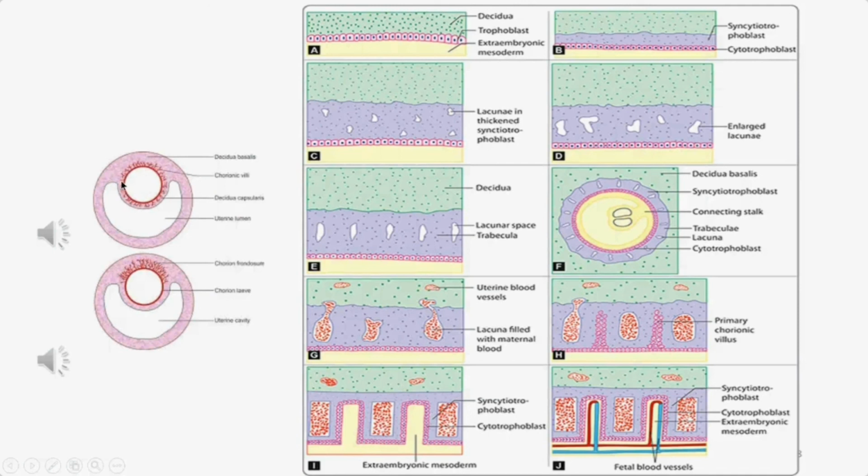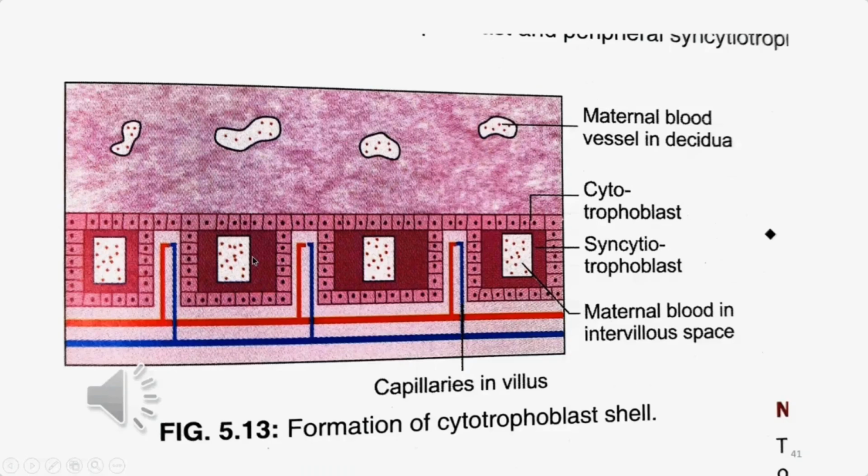First the chorionic villi develop all around, in the decidua basalis and decidua capsularis. But as the embryo enlarges, due to the pressure there is a disappearance of the villi in the decidua capsularis, and this uterine cavity is almost obliterated, and the decidua capsularis is fused with the uterine wall. So in which part do the villi develop? The villi develop in the decidua basalis. There, tertiary villi are formed.